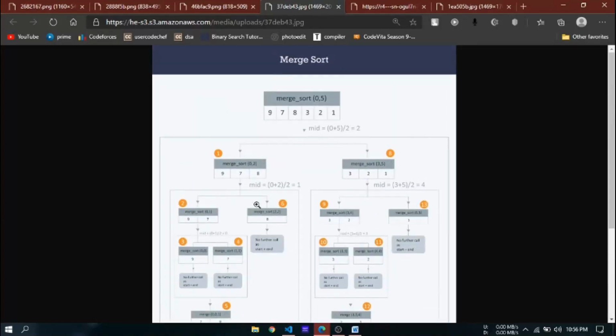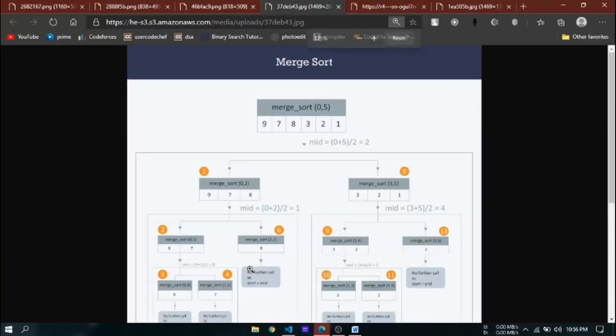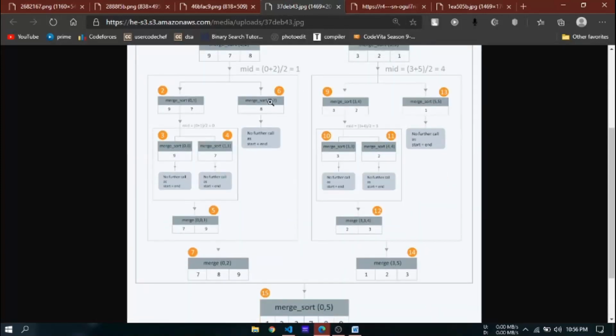After breaking, we will compare each element. After breaking, we have 9, 7, 8, 9, 7, 8. Now we will check which is smaller among them, and sort that. We will merge that into a sorted array of 7, 9.